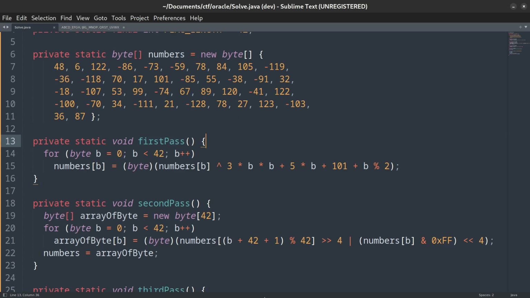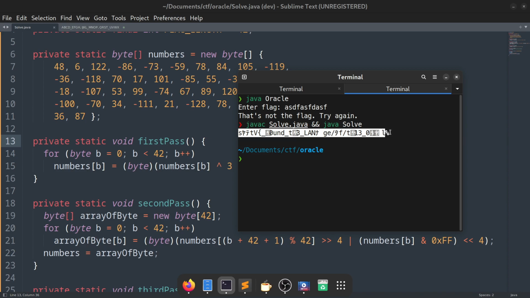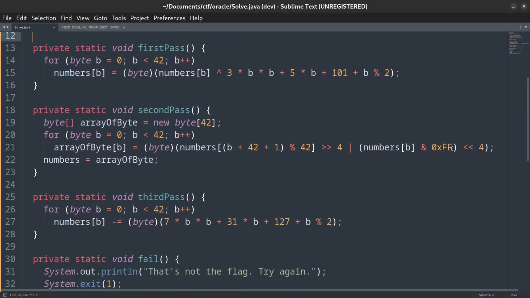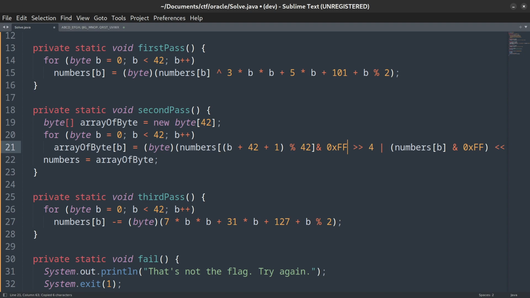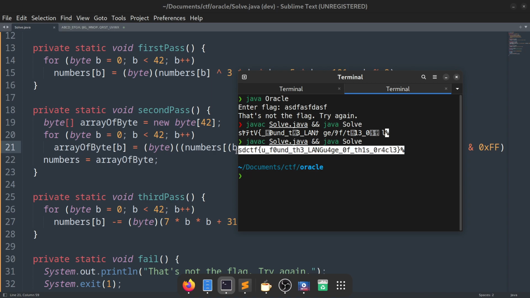All that's left now is to run this solve.java program and see if it outputs the flag. Weirdly, though, it almost does. While some of the bytes seem close, others are definitely corrupted somehow. Our logic was correct, but unfortunately Java is just a little bit finicky about bit shifting signed bytes. Notice that the original code does this bitwise AND operation to only capture 8 bits before shifting right. We'll need to do the same on this side now that this is where the shift right is happening. So as long as we add this AND mask, it should prevent the unfortunate shifting accidents and finally should return the flag as intended.